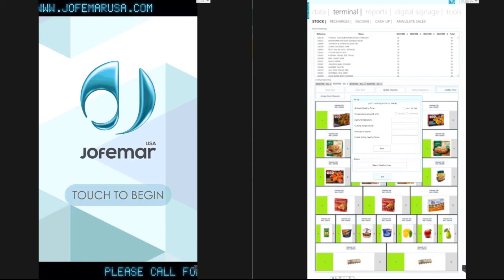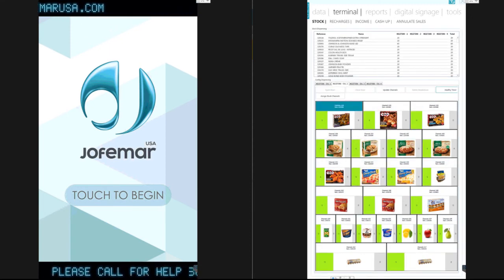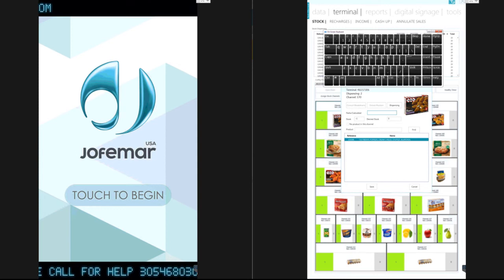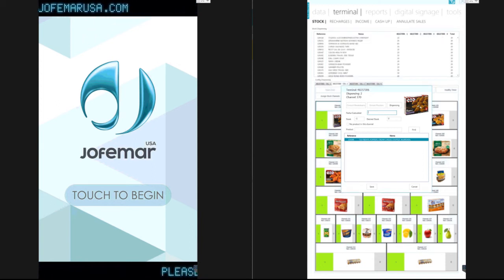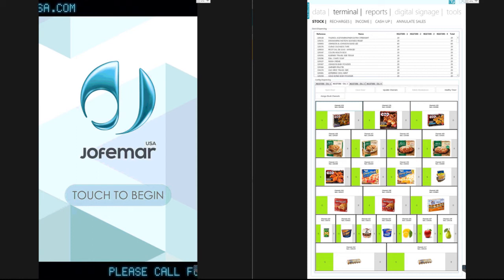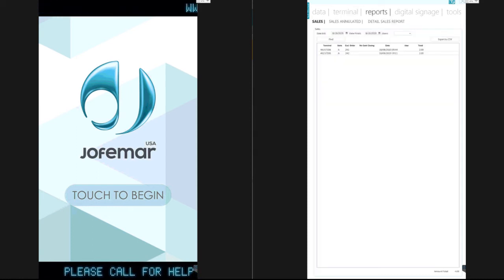And you also have an option for date. You can set expiration dates on this machine. Here you have a little bit of a report, last sales that you've done. Per day you can select dates,